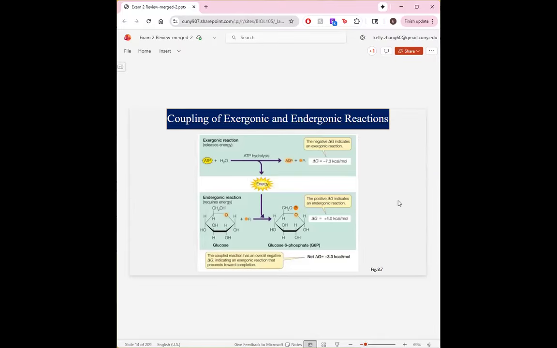Like I said, it's a very cyclical process. The process would be ATP plus water, a molecule of H2O. It's ATP hydrolysis. It forms ADP and a phosphate group. And in that process, it also releases energy. And then if you can see here, the change in free energy is negative 7.3 kcal per mole, meaning it's an exergonic reaction. So then with this energy, you can